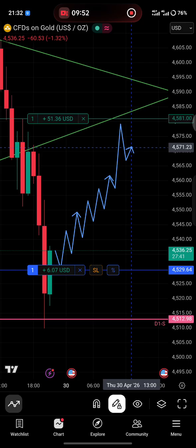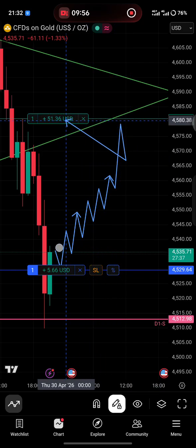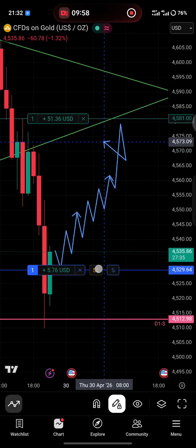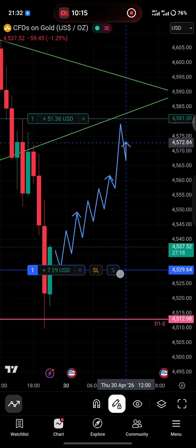Do you understand what I mean? So if it doesn't push up to take my profit for me, I'll wait for even the slightest detail, the slightest hint of a bearish price action. Then I'm going to close my position by hand. You get it? So which means if the chart doesn't take profit for me, and I see a hint or